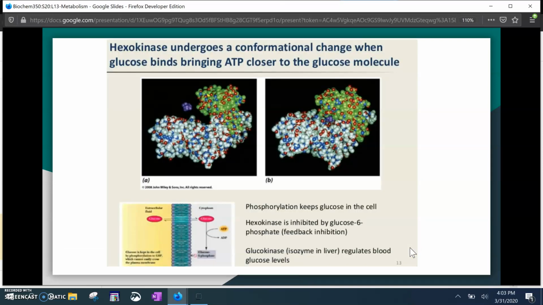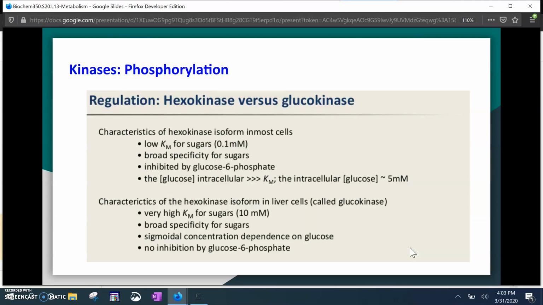So hexokinase undergoes this conformational change that brings the ATP closer together and allows that reaction to occur. It transfers the phosphate group from the ATP to the glucose molecule. So kinases in general are enzymes that are involved in phosphorylation, and there are a number of them that we'll talk about. The hexokinase is the one we just said, and there's also a glucokinase,